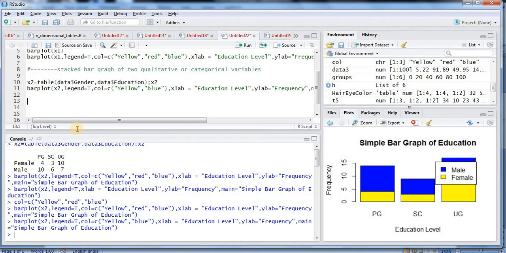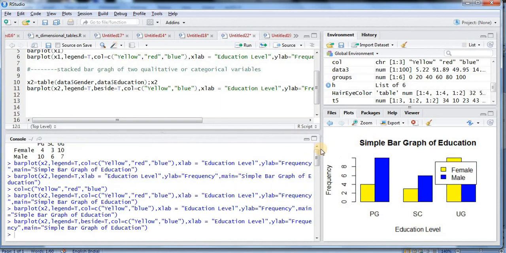Everything remains the same, only we will have to add beside is equal to true, so I will write T, and after comma, if I run this, see the output is in front of you. So this is education wise male female distribution of data.